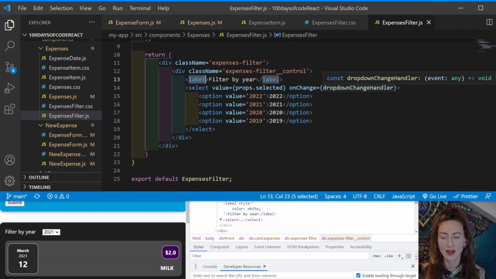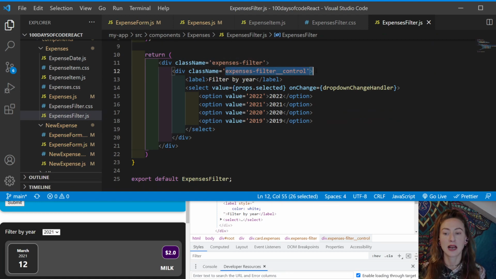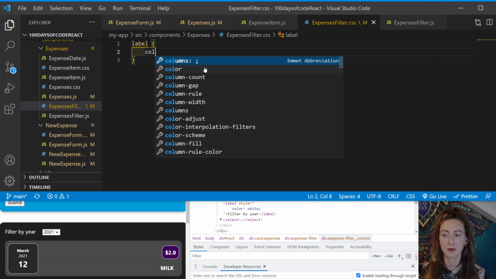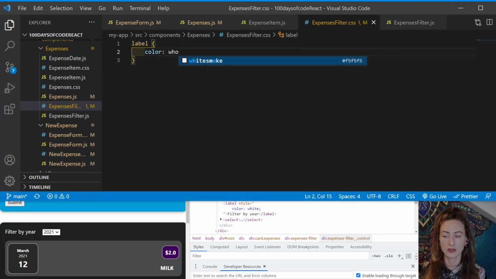We cannot nest. I was going to try and nest once again, but we're not talking about SCSS, we're talking about CSS. So rather than worrying about this class name at all, what we have to do is just pull this label, go to our CSS, and stick the word label in there. We don't need a dot because it's not a CSS class name. Add color and white, and do a semicolon, and then